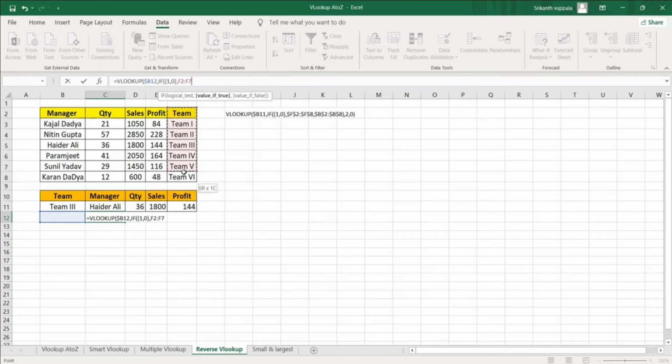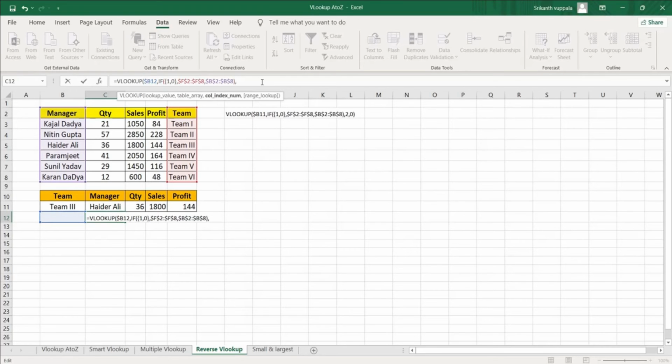Select this range, lock the cells, lock this reference also, comma. So what I need to get, I have to look up this value and get the manager details. Select this range, at the same time lock the range. So this is my condition, bracket close, comma.